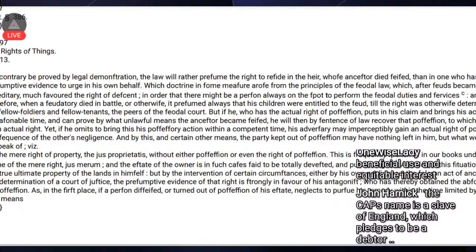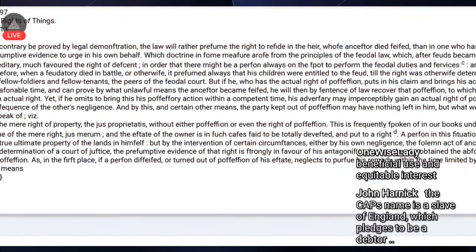Which doctrine in some measure arose from the principles of the feudal law, which after feuds became hereditary, much favored the right of descent, in order that there might be a person always on the spot to perform the feudal duties and services. And therefore, when a feudatory died in battle, or otherwise, it was presumed always that his children were entitled to the feud, till the right was otherwise determined by his fellow soldiers and fellow tenants, the peers